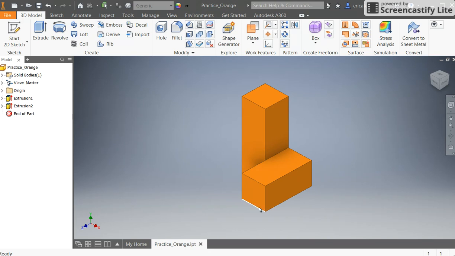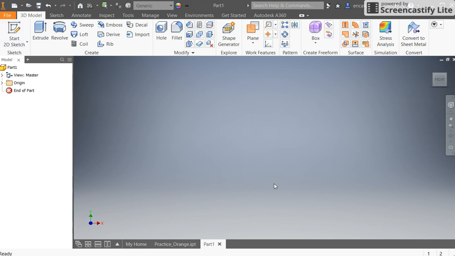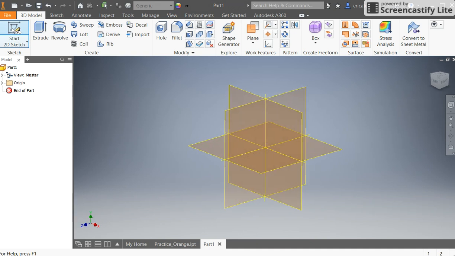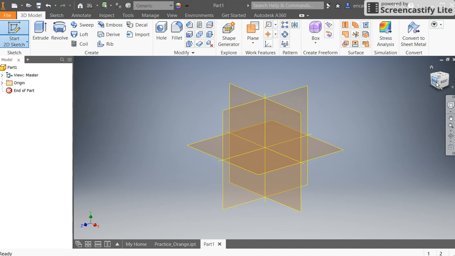to create your part. So the first thing I'm going to do is go up here to my Quick Access toolbar and open up a new part file. Once I do that, you're going to see a blank viewport window, graphics window otherwise, and you're going to click on Start 2D Sketch. This will bring up three different planes, your XY, your YZ, and your XZ, and this corresponds to different views in your viewport, so front, top, and right side view. I typically like working with the XY plane because that corresponds to my front view, so I will click on